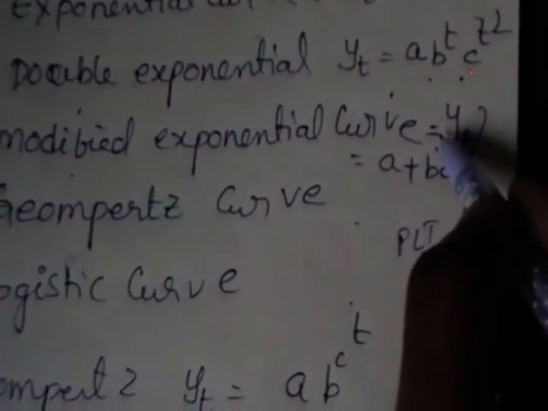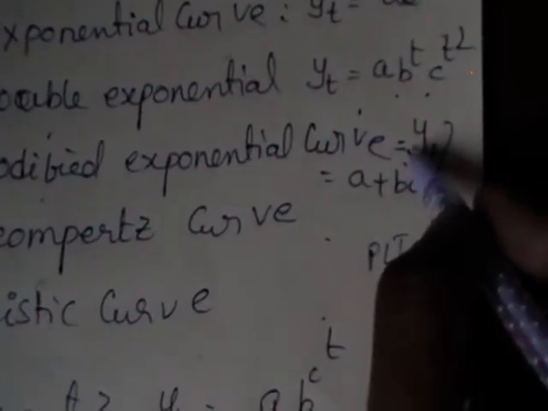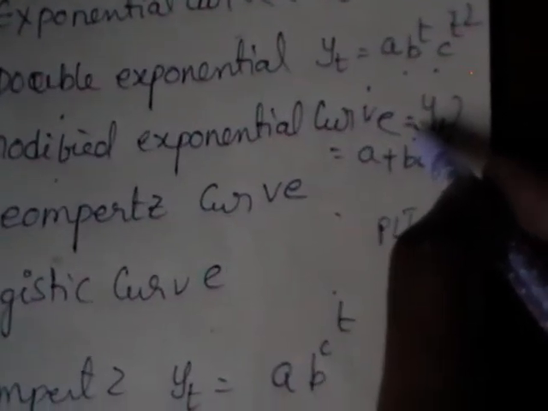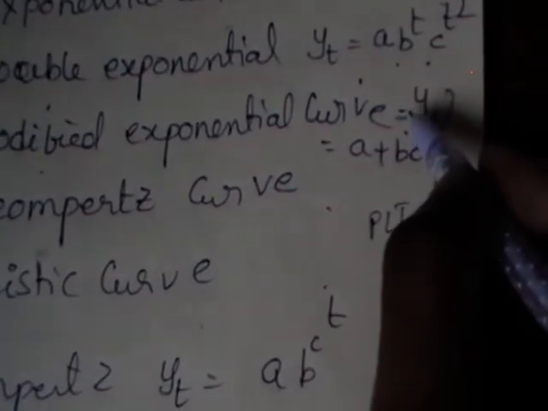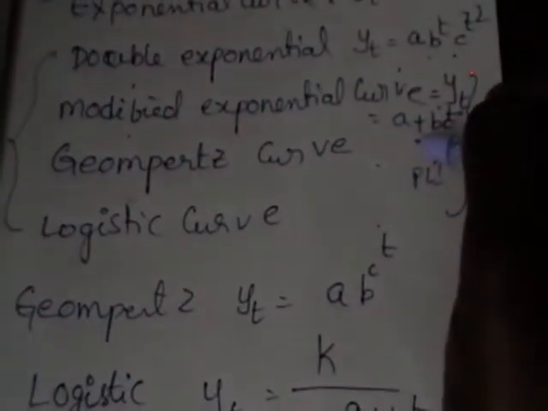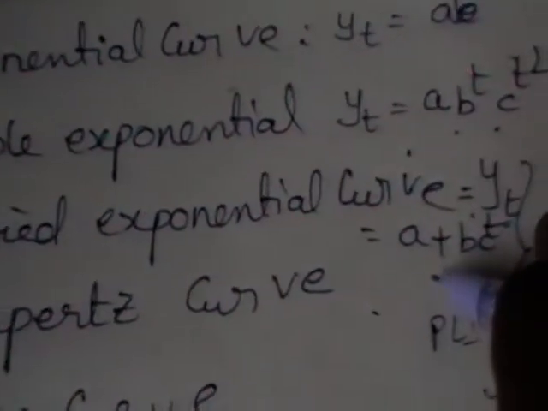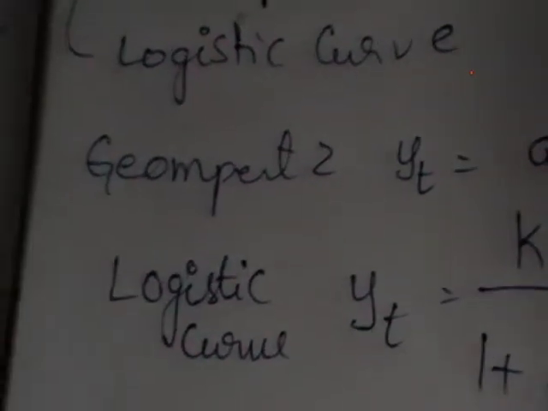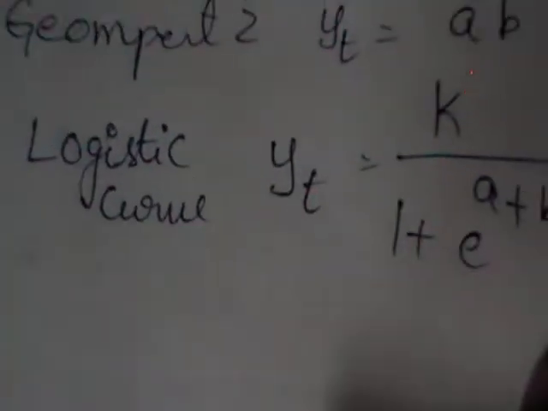So for measuring trend, method of principle of least squares is third method, where the first curves, straight line, parabola, exponential curve, double exponential curve, are fitted by using principle of least squares. The remaining curves, Gompertz curve, logistic curve and modified exponential curve, cannot be fitted by principle of least squares. We are going to use two new methods called method of partial sums and three selected points. So let us discuss the first two now, which are already known to you.